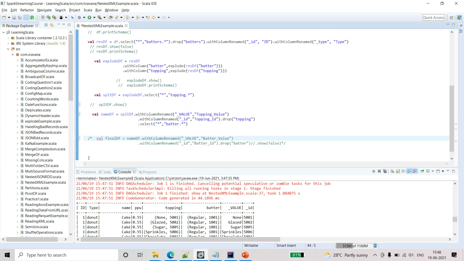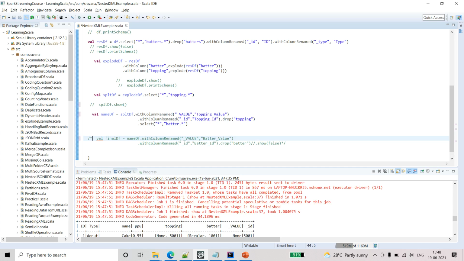Why I am considering two steps is that there are the same columns, I mean duplicates of value and id, being used from both the topping and batter columns. So because of that I am doing that in different steps. So now with column renamed, wherever underscore value is there, make it topping value, and with column renamed, wherever id is there, make it topping id.